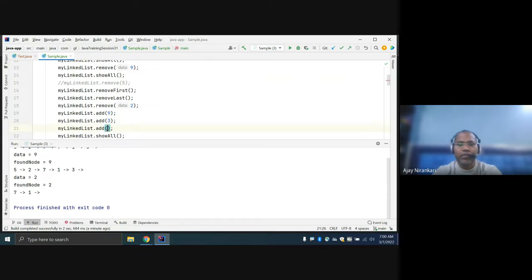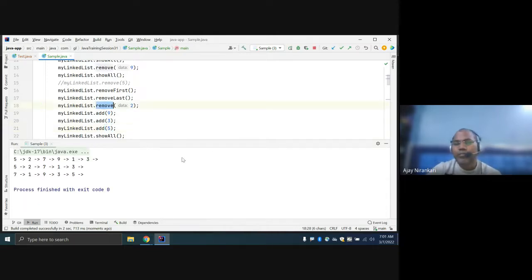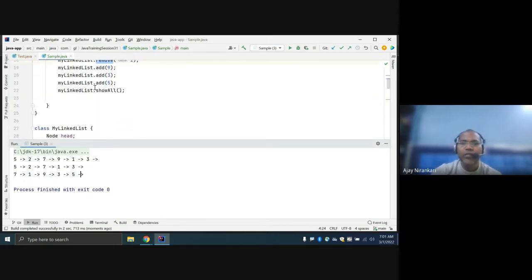Again add 5. So this remove method can remove any data. Now here I want to remove any data. I want to remove 7. If you pass remove 7, it will remove 7.